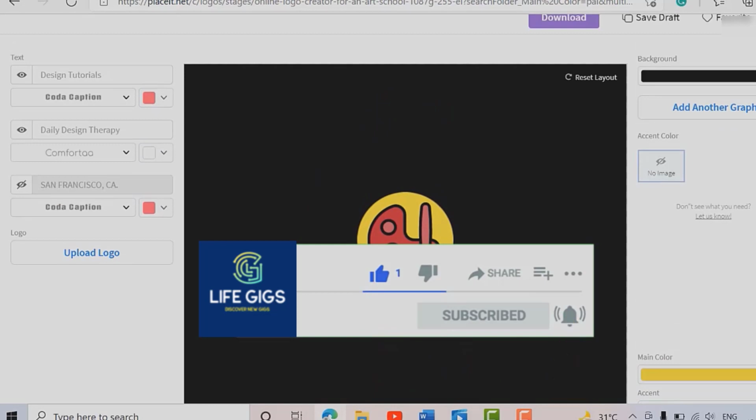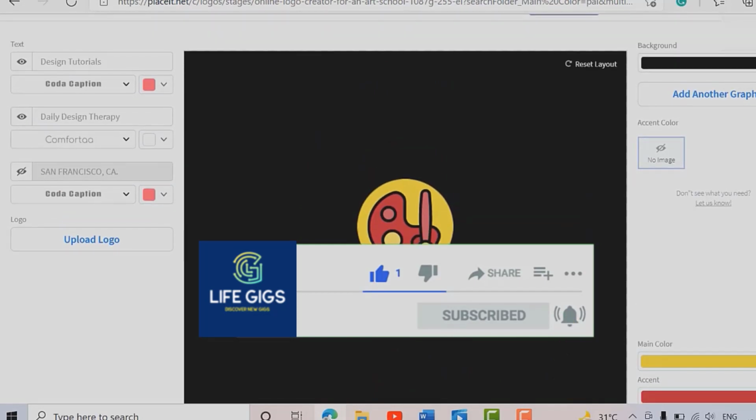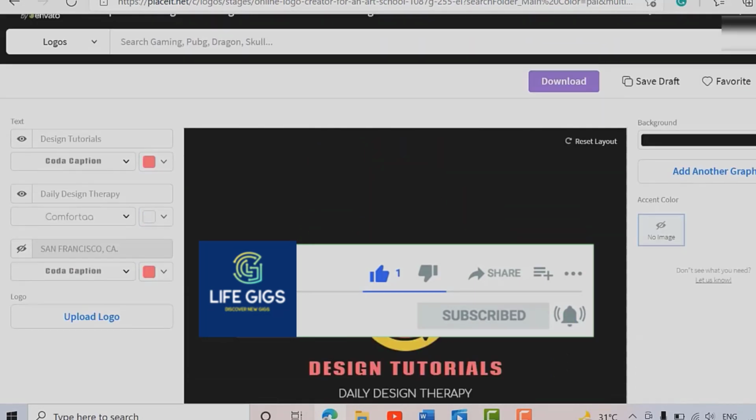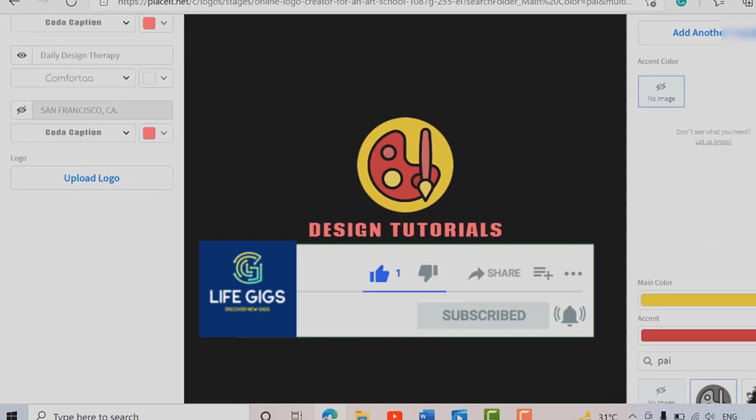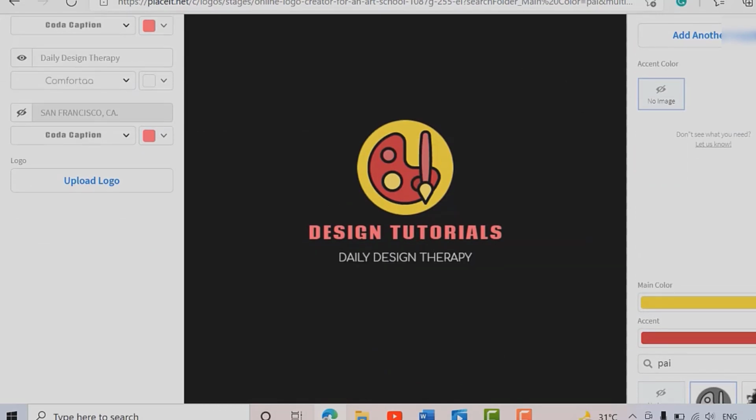Now let me tell you one very important thing. If you download it with some background color, then by default there will be a transparent copy with every download in Placeit. So in this case we need a background color, so I am downloading a background colored copy, and complementary there will be a transparent PNG file.